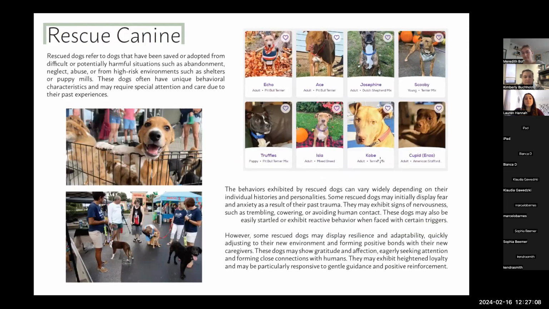Going into a rescue canine. Like I said before, usually dogs that are rescued stay in homes with people. And if any of you have ever looked at Petfinder, it shows all the dogs that are up for adoption that you can visit with and hopefully take home. They also usually do adoption events. Shelters sometimes do, but again, it depends on how much funding they have to hold events like this. And because rescues have more funding, they're able to do more.